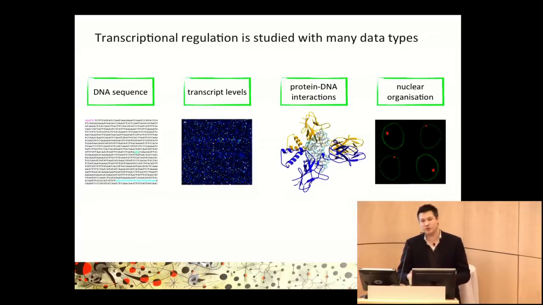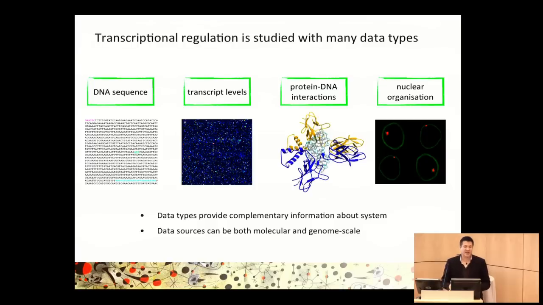And then finally, more recently, we've been getting more and more into understanding how the nuclear organization of the genomic DNA affects transcription. And here we use data such as FISH images and, more recently, Hi-C and ChIP data. Now, of course, these different types of data provide very complementary information describing a particular regulatory system. And just to emphasize, although our perspective is very much a genomic perspective, we also do look at molecular information in order to see whether these detailed observations are consistent with some of the more general observations that